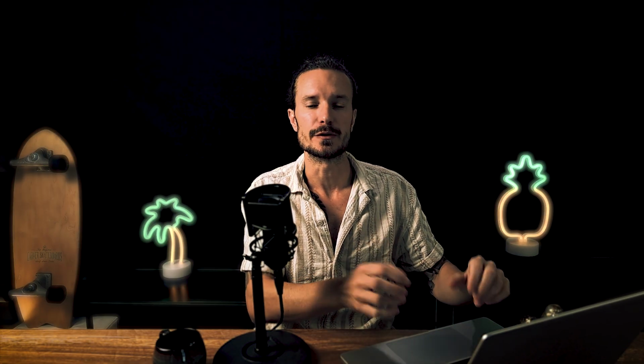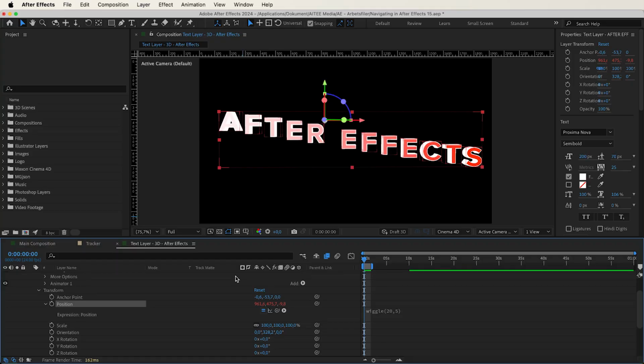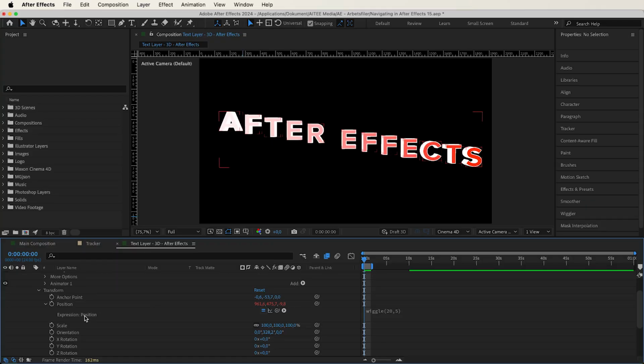If you're not actually familiar with the expressions beforehand, before seeing this, it might be quite a good idea to, if you're interested of the expressions further, at least go over to check the very basics in the After Effects user guide in the section about expressions. It can be very handy or helpful to at least get a little bit of basic knowledge around it. But once feeling a little bit more comfortable around it and